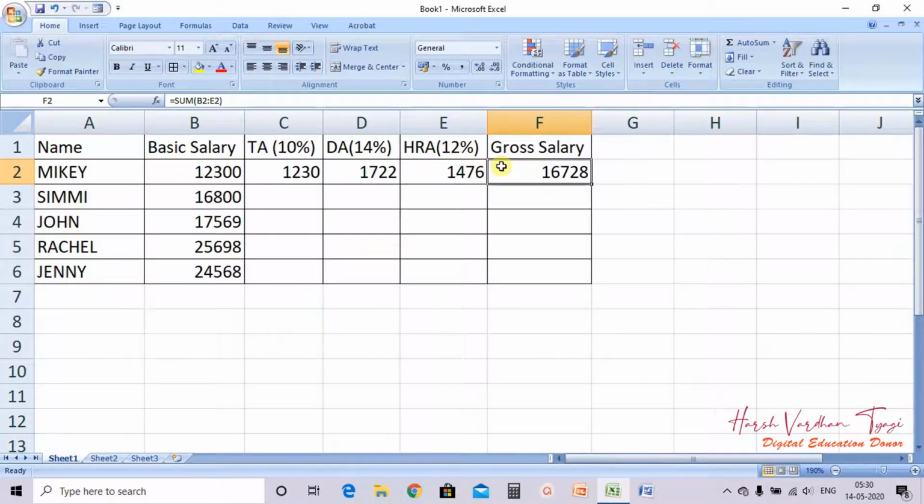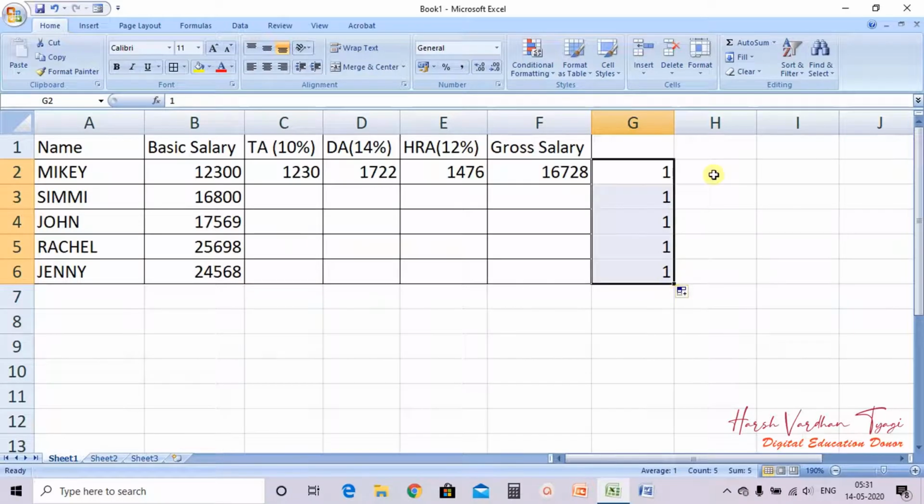What is relative reference? Now you might remember that when we talked about the fill handle button, it copies the same value. Well, let me give an example. One I have written here, and I am using the fill handle button to drag it downwards.